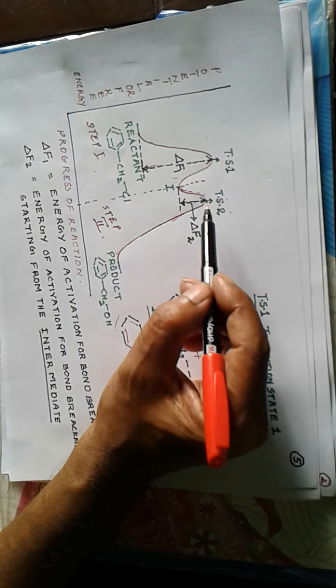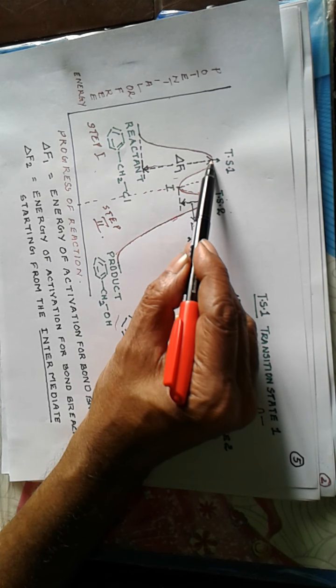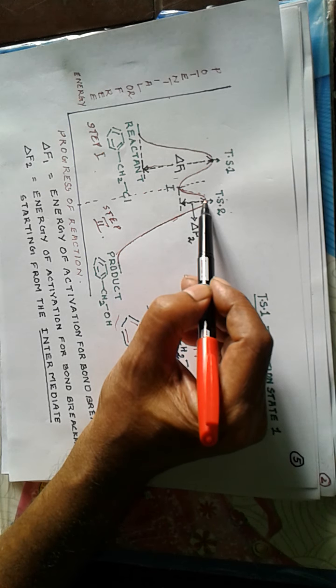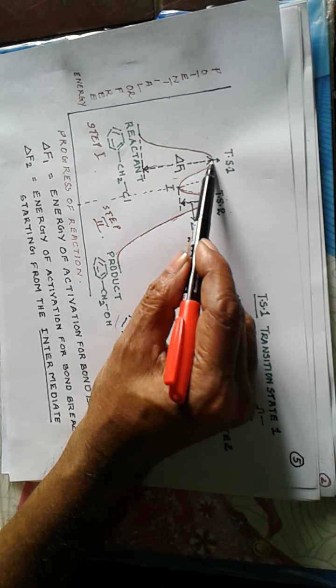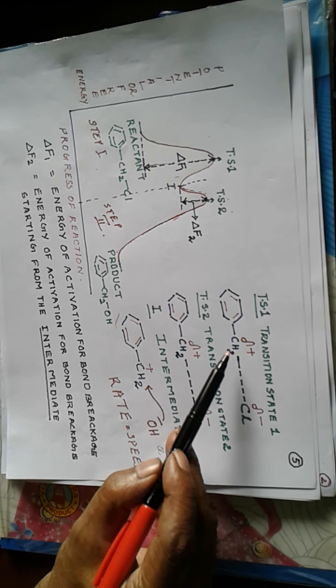Now one thing to be noted here is that transition state 1 is of higher energy than transition state 2. The peak here is higher than the peak here. So transition state 2 has a lower energy. Why? Because in the case of transition state 1, the bond between carbon and chlorine is getting broken. Now chlorine provides